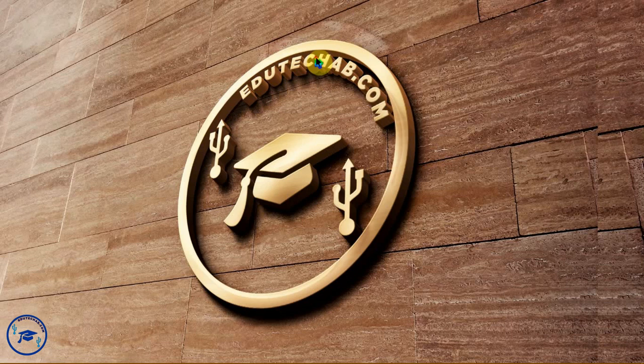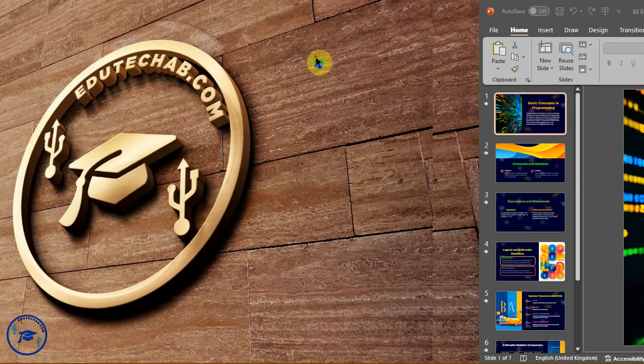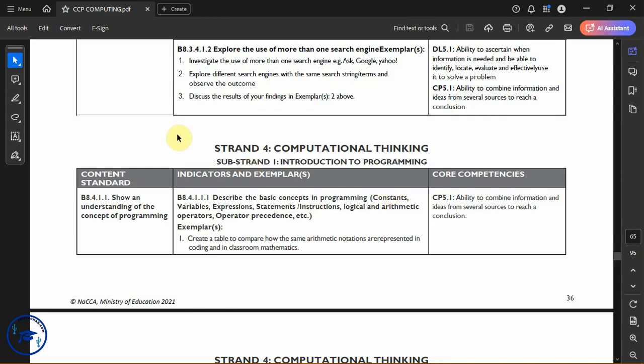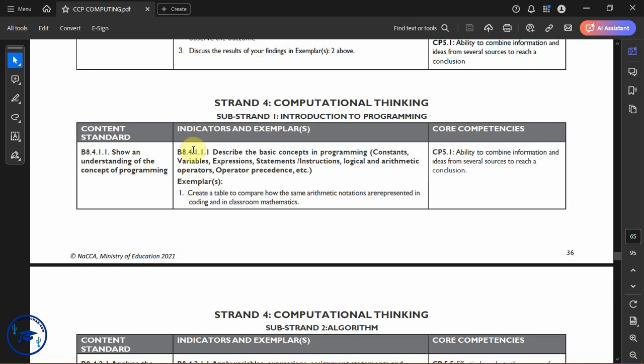In our previous lessons, we completed the basic 7 introduction to programming. So we are going to continue with basic 8 introduction to programming. The basic 8 lesson has only one indicator, which says we should describe the basic